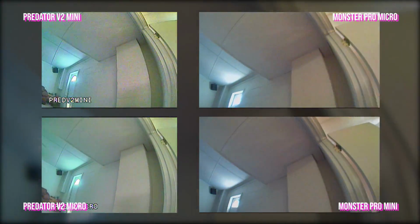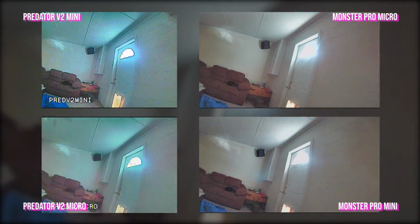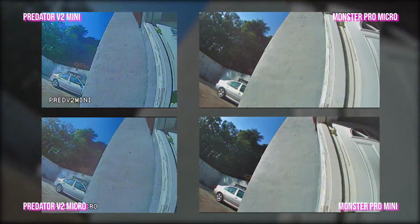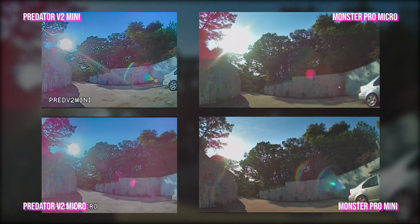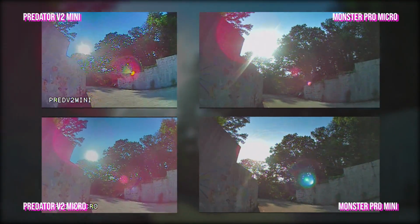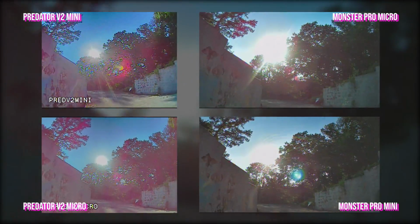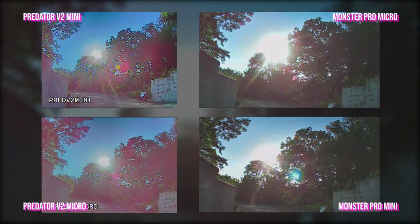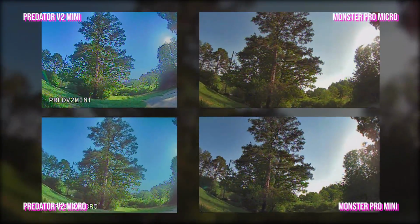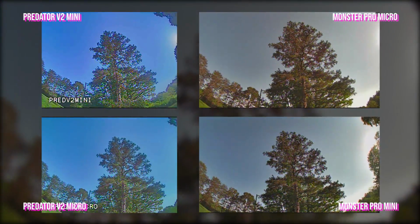You'll do fine. The Monster Pro looks particularly good compared to the Predator, which, although this is supposed to be the Predator V2, still kind of has the blue cast issue. I have it on good authority that Foxeer is continuing to work to improve the Predator and to get rid of the blue cast issue, but at least at the time that I made this video, the Predator V2 still had problems. So I want to get this video out to you and let you have a look at